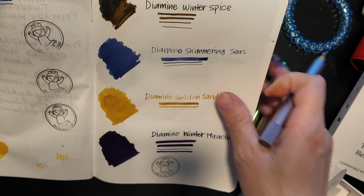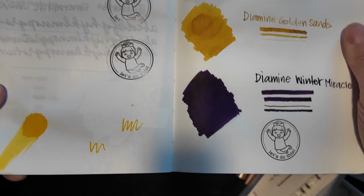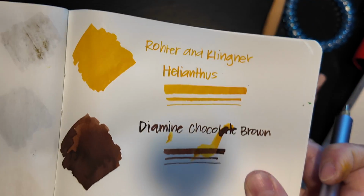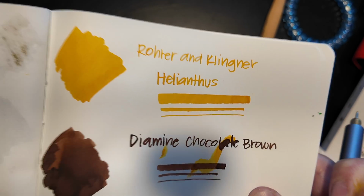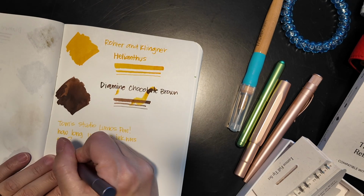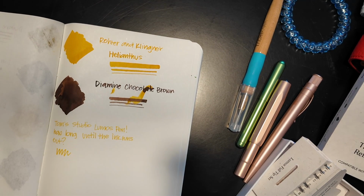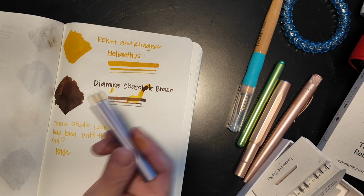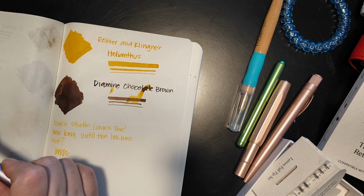And it is just a spectacular color. It's just so vibrant. I'm very excited to get more use out of it. I've swatched it over here. But yeah, isn't that so cool? So I'm very excited. I think it's just such a wonderful option for people who love felt tip